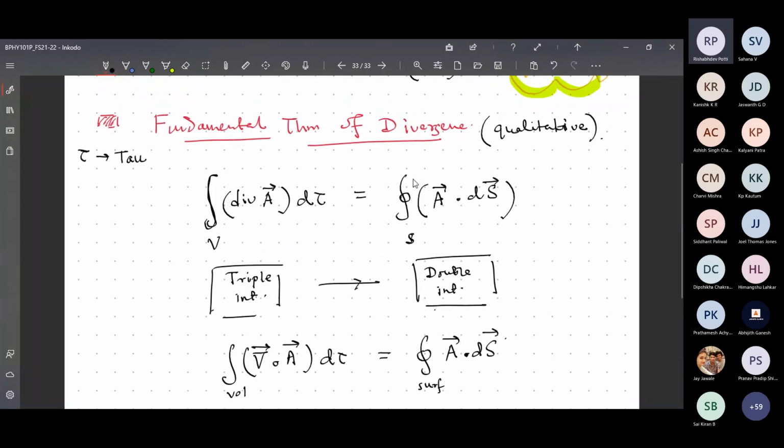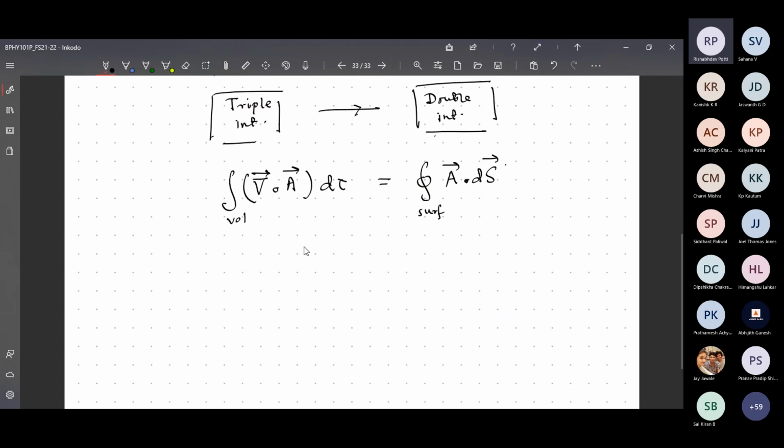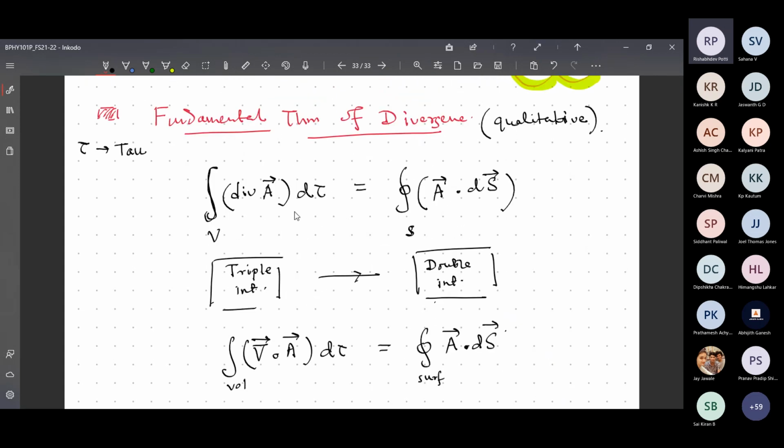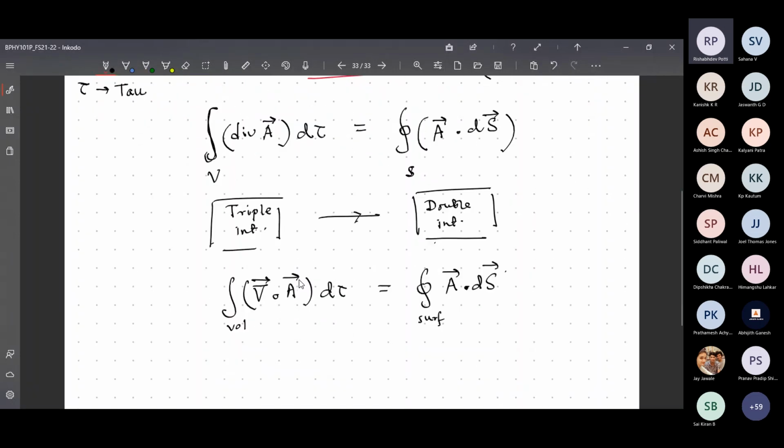Now, I can prove this thing, but the proof is not part of the syllabus. That is the additional material which I told you will come at a later time, not now. I will try to interpret what you can take from here. What is actually the meaning they are going to tell?